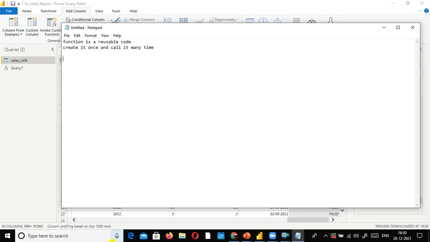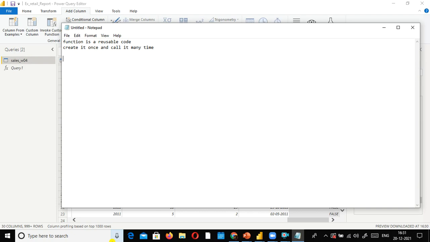So the example which I gave was this one, salary calculation, net salary. If you want to create the net salary for each and every employee in your company, right? So create a function one time. So that function you can call it for each and every employee. That's all. Pretty straightforward. Okay.